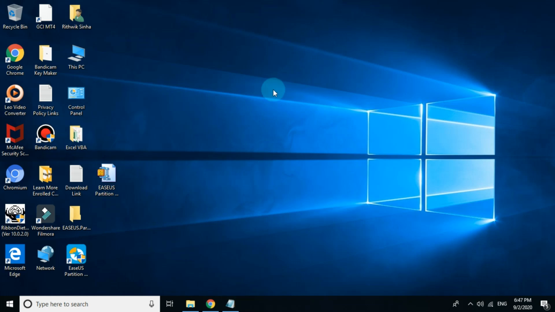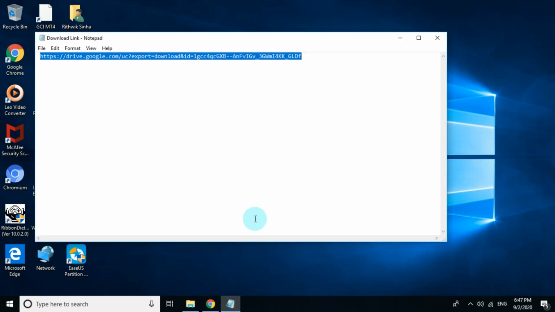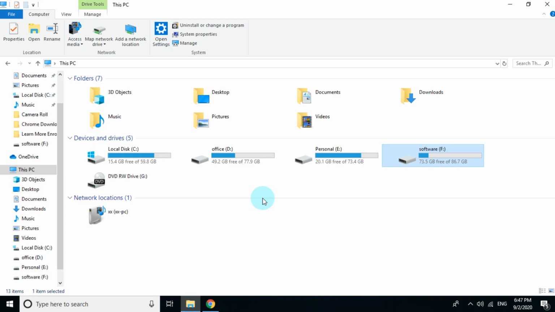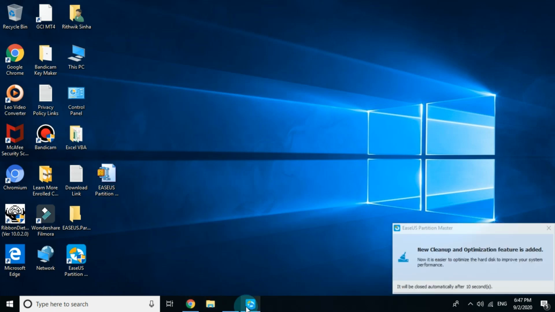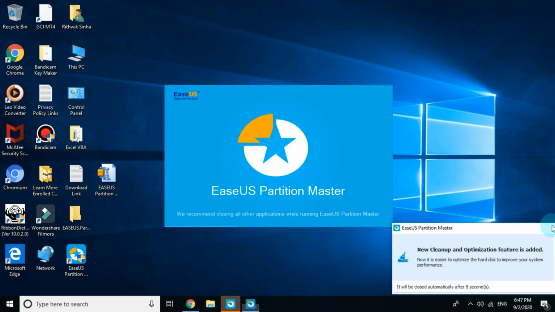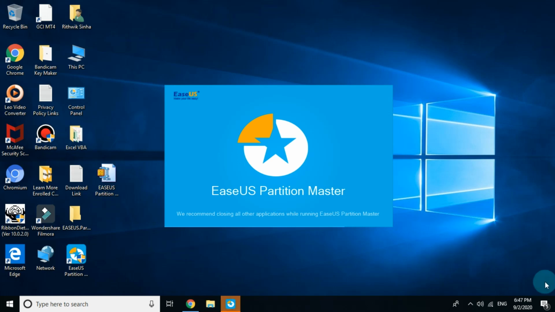It takes some time. I think that I have saved it. You have to just exit this if you have other things open, and now you have to click on close here when a taskbar comes up. And now we recommend closing all other applications while running Asus Partition Master.